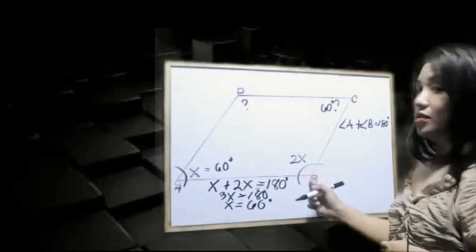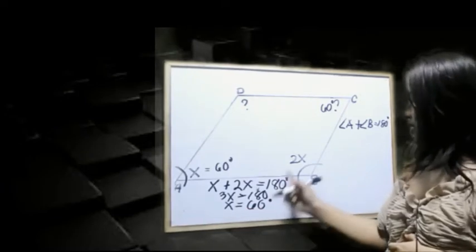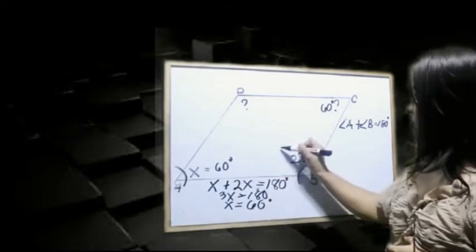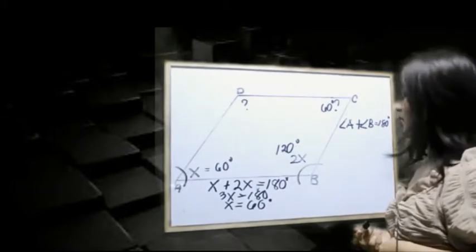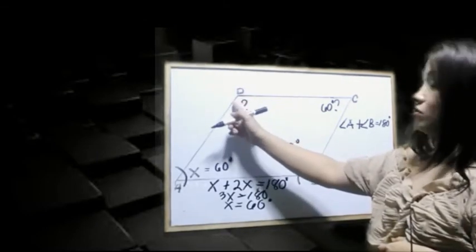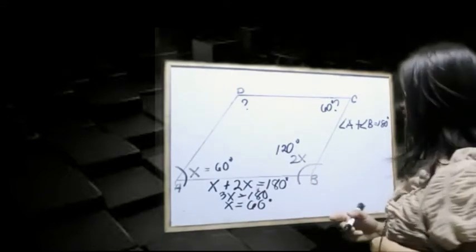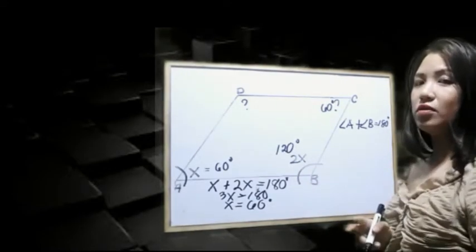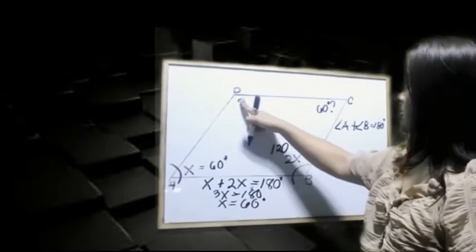Now let's go back to angle B. Substituting the value of x, which is 60, 2 times x is equal to 2 times 60, which will give you 120 degrees. Yes? So since angle B is the opposite angle of angle D, which according to property number 2, we're in a parallelogram, any two opposite angles are congruent. So that means angle D is also the same as